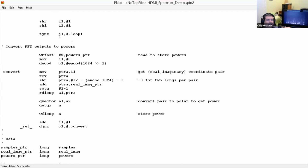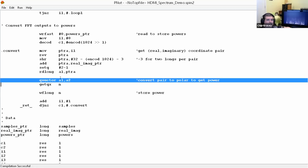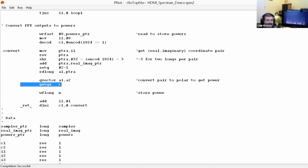And in the end, it converts those things to powers. And so we use another Cordic instruction here, Q vector A1, A2, which are both signed 32-bit values. This thing works at full scale. The Cordic goes all the way to 32 bits signed. And so what that does is it takes A1, A2, which are a Cartesian coordinate pair, and converts them to rho and theta. So out here pops the get QX, which gives you the rho, which is the power, and the